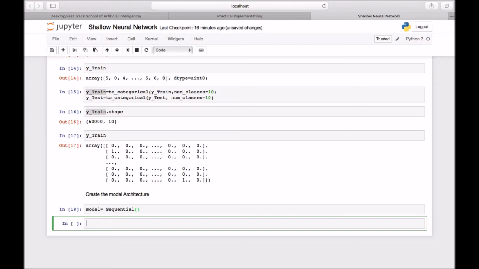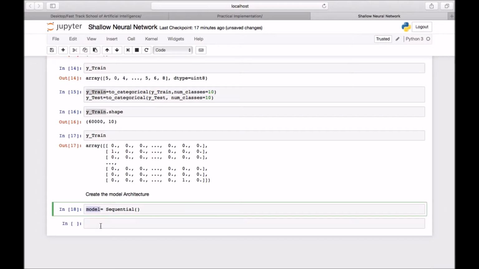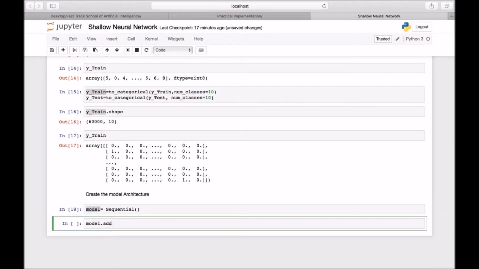Now we are going to add the layers to this model. We can do it using this add function in Keras. We're going to create a dense neural network which will have 64 neurons,